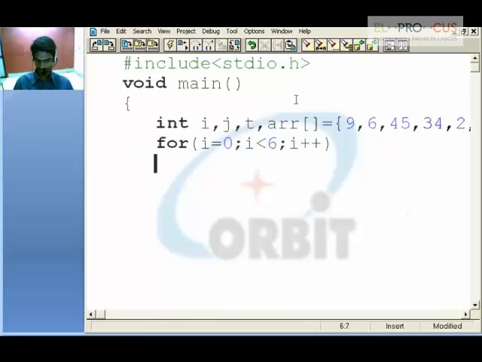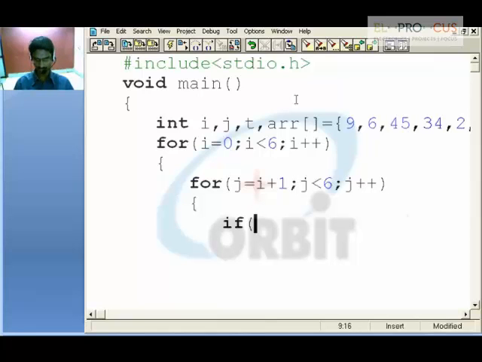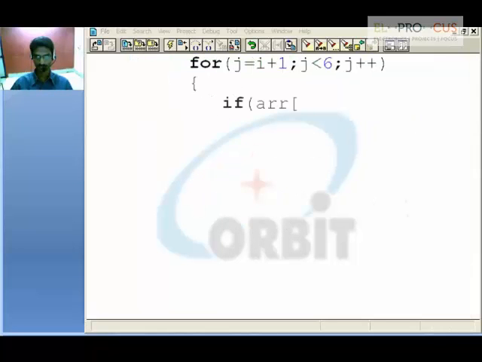In this block, go for the jth loop, j equal to i plus 1 and j less than 6, j plus plus. Enter into the for block, use the if condition. If array of ith block is greater than array of jth block,